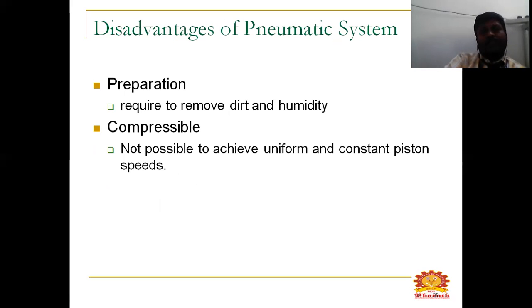And next are the disadvantages of the pneumatic system. Preparation is required to remove dirt and humidity, and compressibility makes it impossible to achieve uniform and constant piston speed.